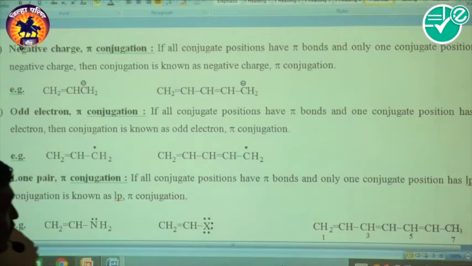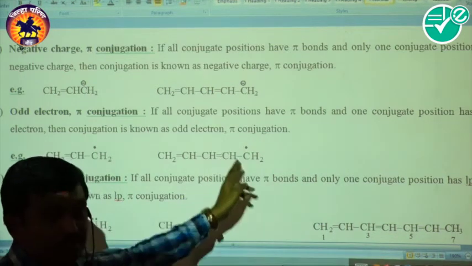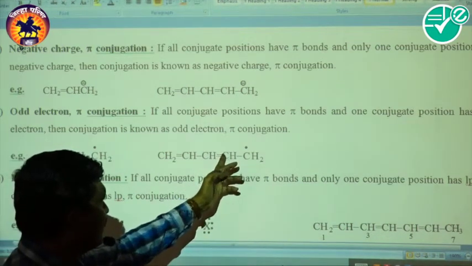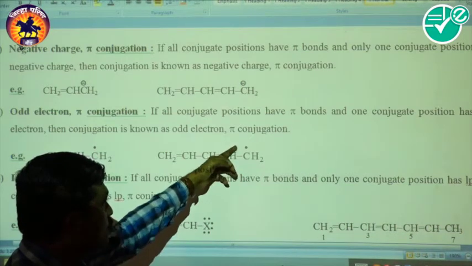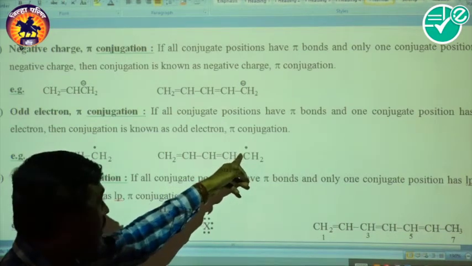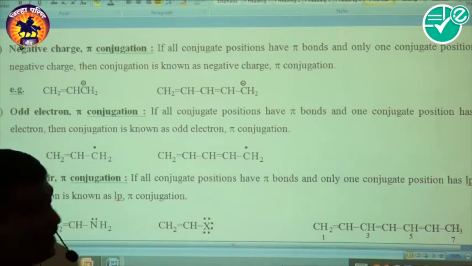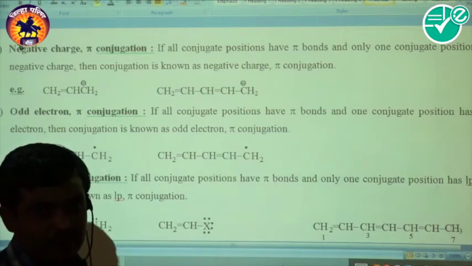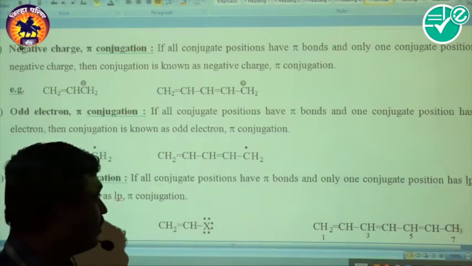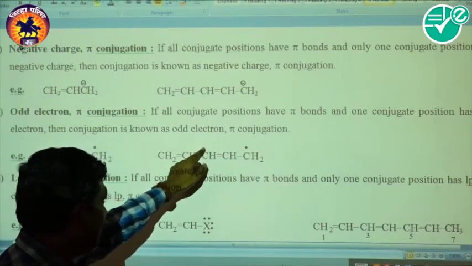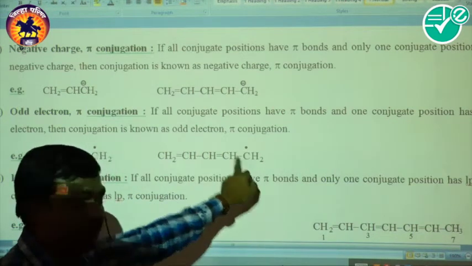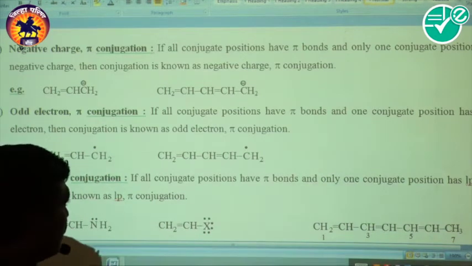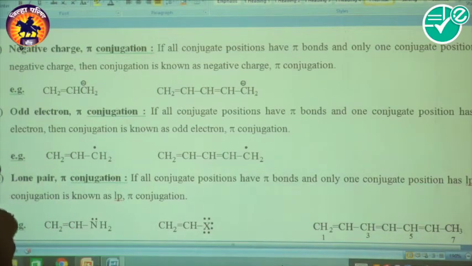So what happened here, look at here, the pi bond is to be symmetrically broken. The electron from this goes to here, and the electron from this goes to here, and there is a formation of the double bond. Because of this, a homolytic bond fission takes place, and because of that the free radical is observed here and the double bond is observed here. In this way the pi bond is shifted to another position to give the resonance structure.